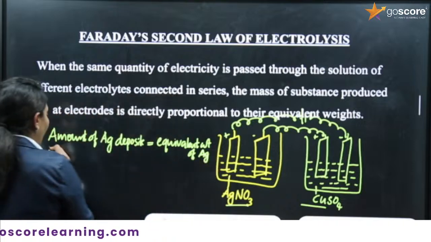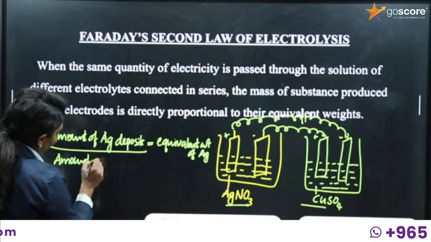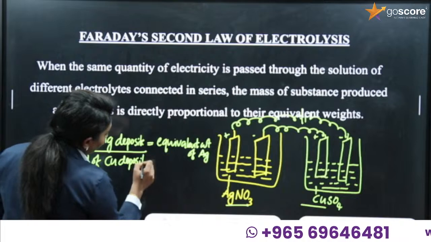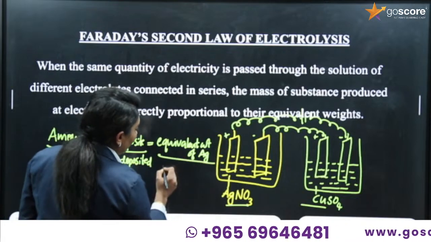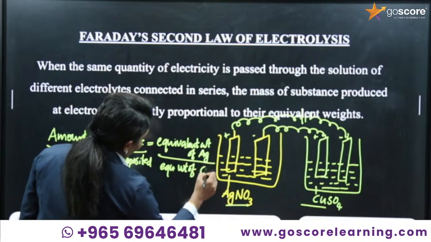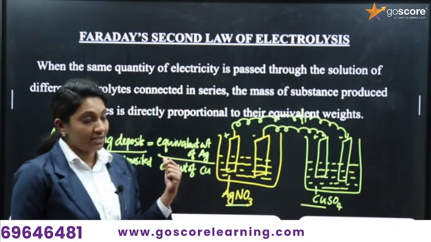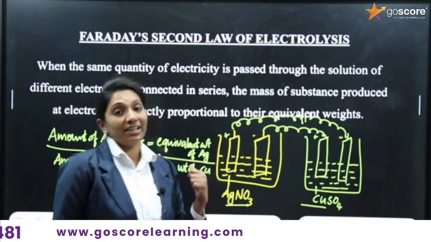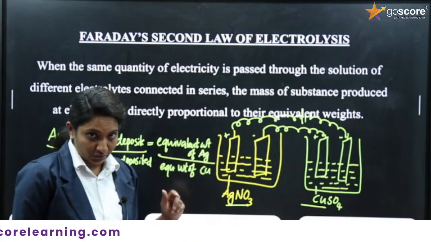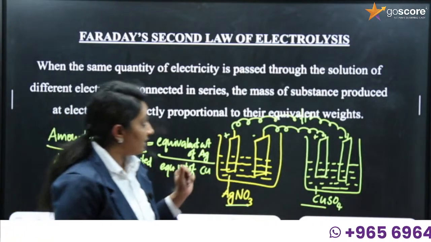Right? Same way, the amount of copper deposited at the electrode will be proportional to the equivalent weight of copper. Here we have taken two different electrolytic solutions and connected them in series. And if you are passing the same amount of current through those electrolytes, according to Faraday's second law of electrolysis,